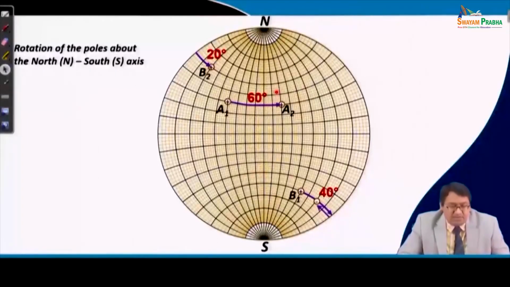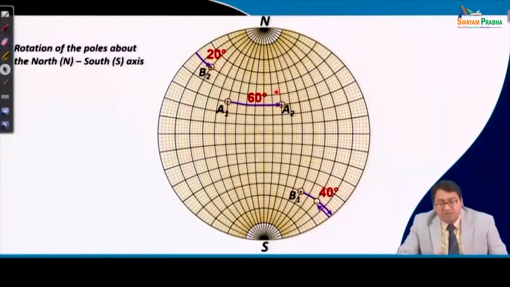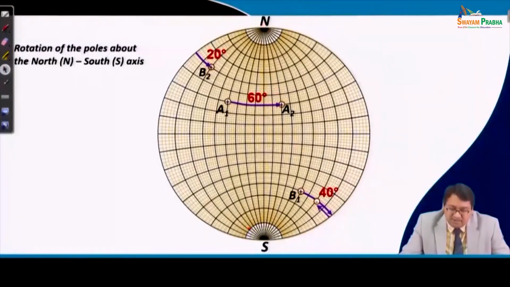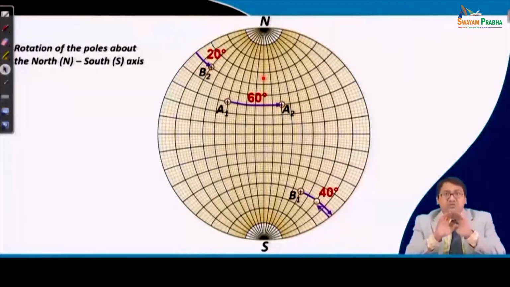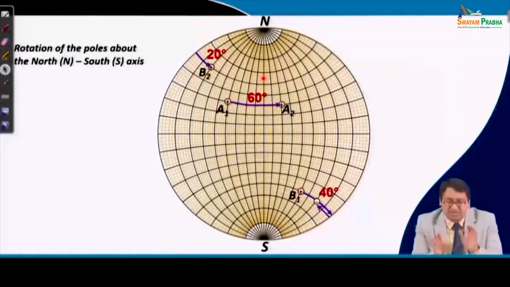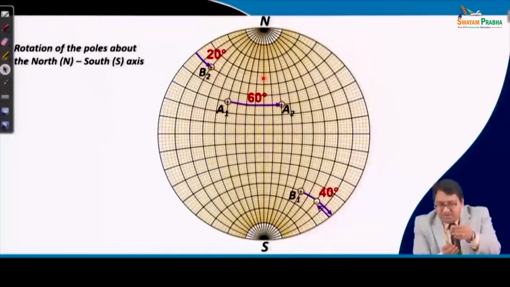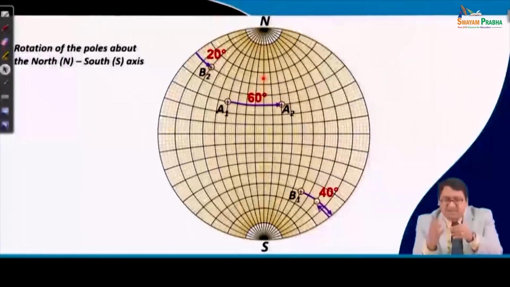Moreover, we can also observe how the positions of the poles of different planes may vary if the stereographic projection is rotated. Let us rotate about the north and south poles, N and S. We should try to imagine that this is like a sphere projected on a 2D plane, and therefore it becomes a circle, right. So, if we rotate this stereographic projection about the north-south axis, thinking that it is a sphere,